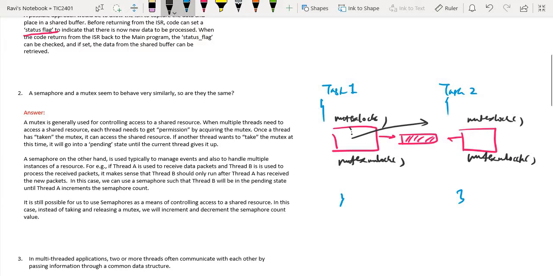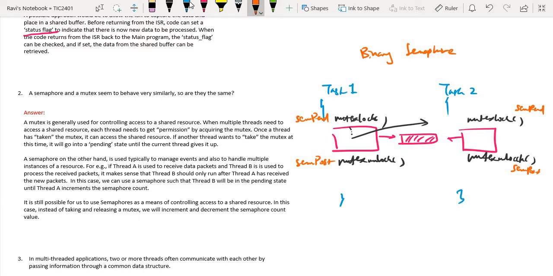And semaphores can also be used in a similar context, because with semaphores we can create what we call a binary semaphore. That means you only have a count of 1. So I can create a binary semaphore and do the same thing. In terms of mutex lock and unlock, I can do a sem pend, take the semaphore, and sem post. Same thing over here, a sem pend and sem post. So in essence, they can be used interchangeably in this idea, but generally